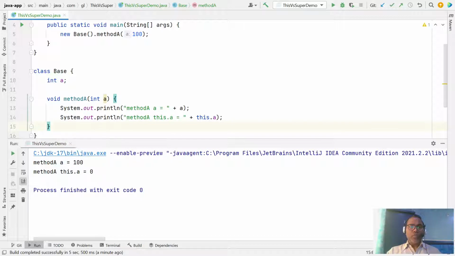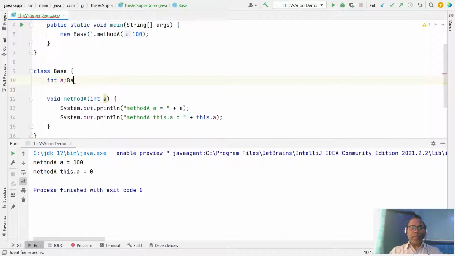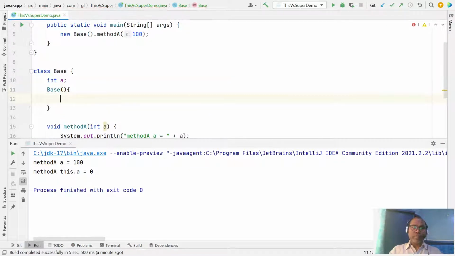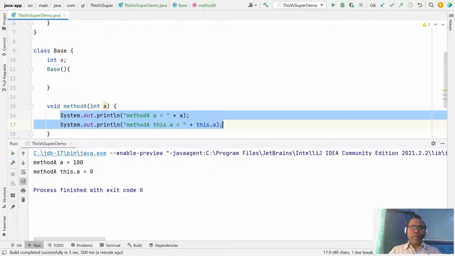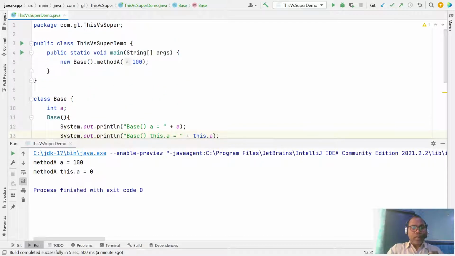Similarly, this a can be used inside the constructor. A constructor is also kind of a special method, but its name is the same as its class name and it has no return type. So whenever you create any object, the default constructor is invoked by default.